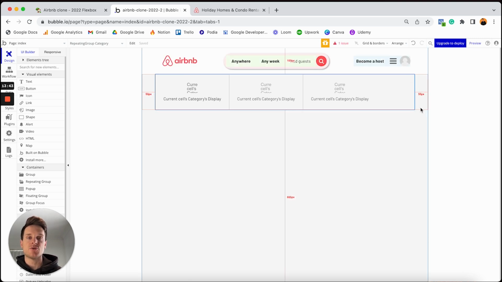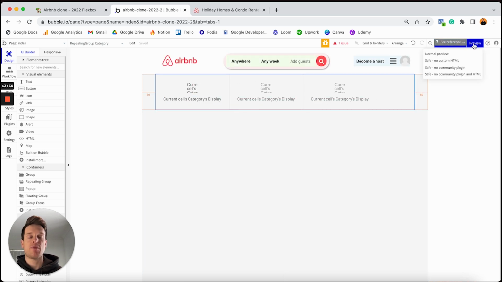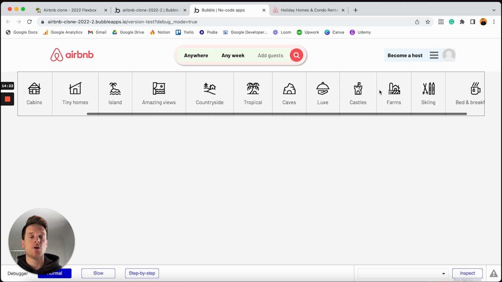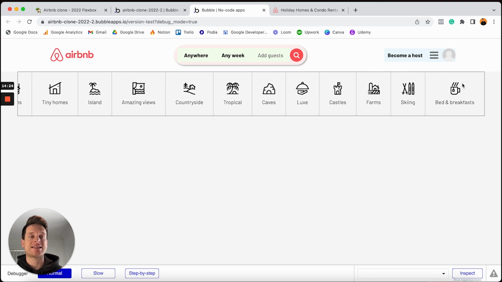Now what I'd love to do is just show you a quick preview of how this is going to look within our product. So I'm just going to hit the preview button here. And now at this point, you'll see we have a list of all of our categories being automatically pulled from our database. And what you'll notice is that because our list extends past how many cells are being displayed by default in our repeating group, what we can actually do is scroll across and users can select from any of